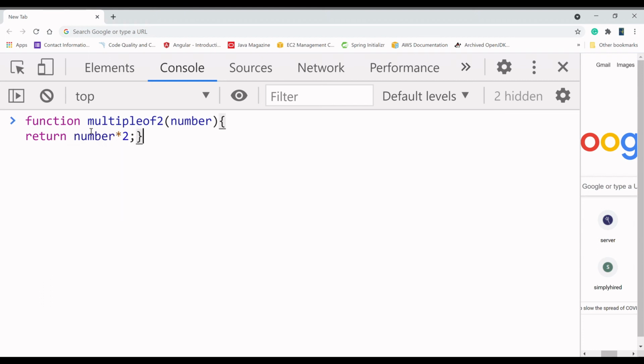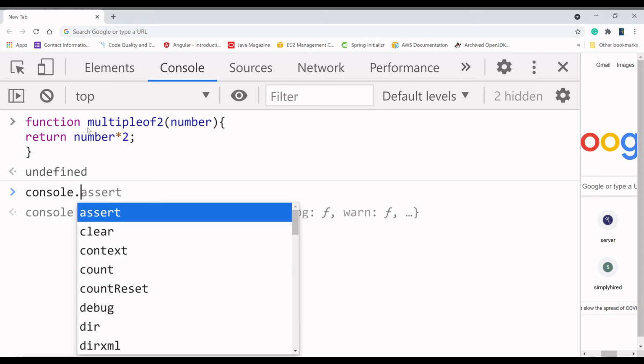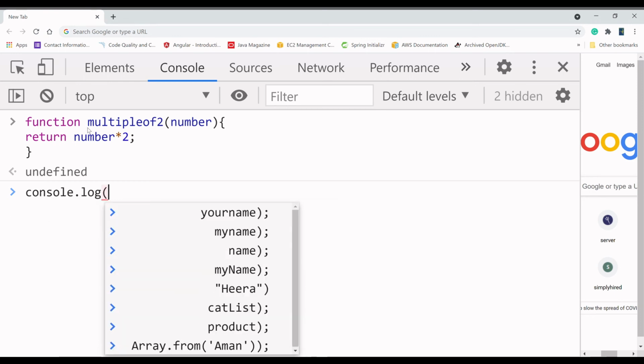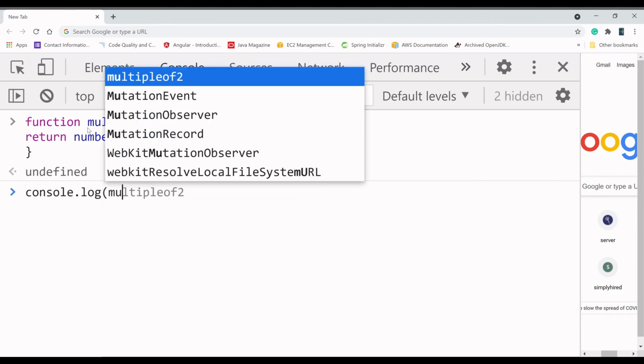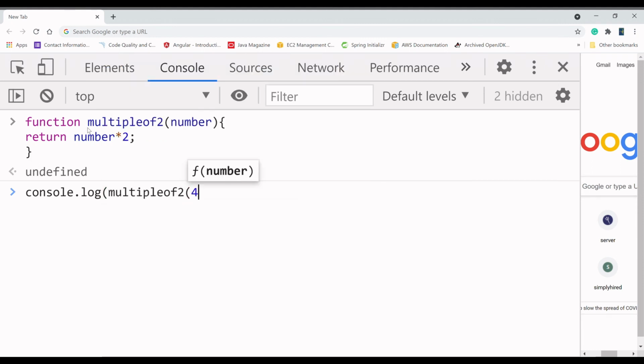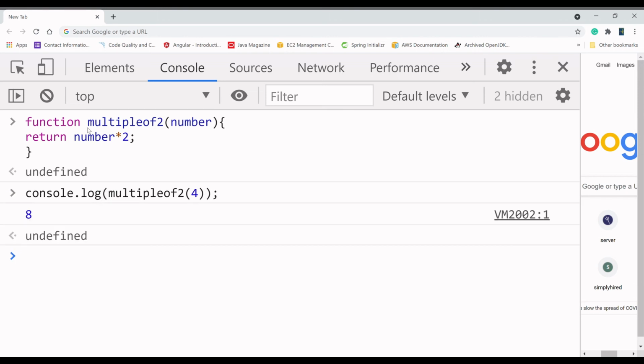Then I press enter. So my function is ready. I write console.log and use multiple of 2 with 4. We will check the value. I have passed 4, so it multiplies with 2 and gives you the value.